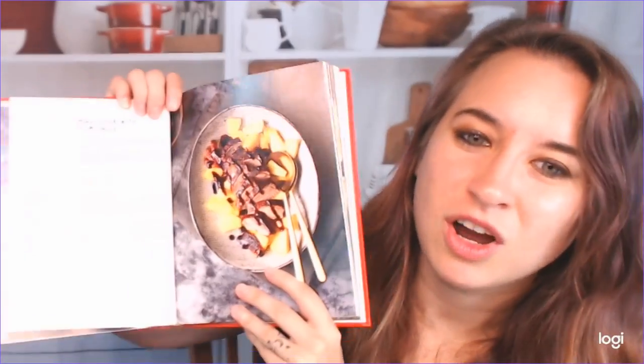So the original picture was actually a roast duck with plum sauce. That looks pretty good. I'm sorry, my lights are washing everything out, but rest assured, there are little logos here. I know it's really hard to see, but there's a little knife icon that's your prep time, and it gives you how much